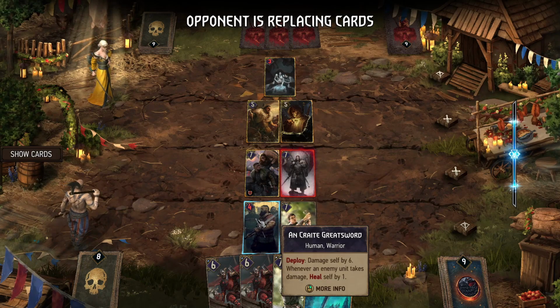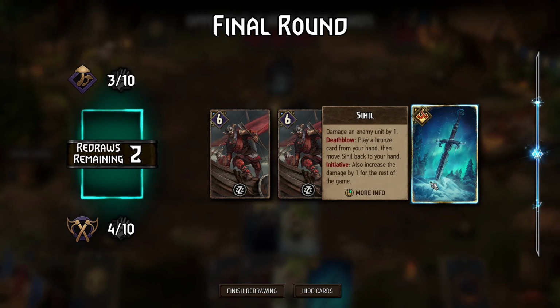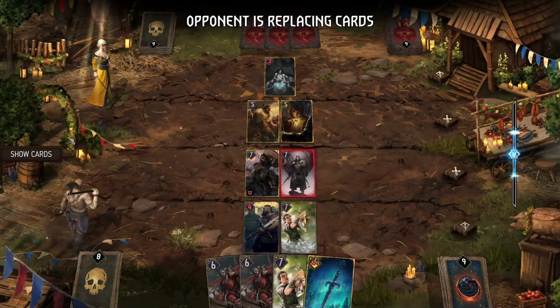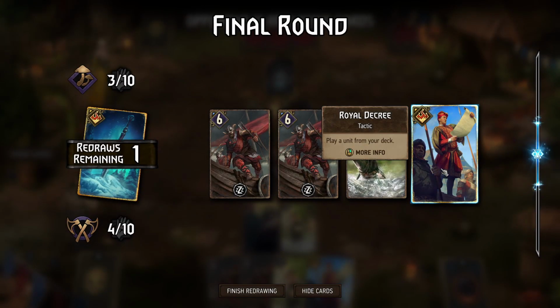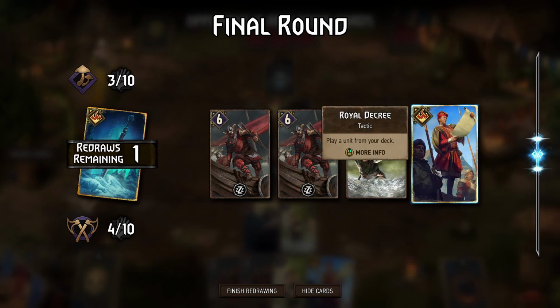On Craite Greatsword can still get boosted, or rather, healed. Sihil might be too little too late. I mean, to a certain extent, yes, Arnachad may set it up, but that's unlikely. Royal Decree could give us Sukrus. That is exactly what we're looking for. That is ideal. And for that reason, I think Bear Witcher Adept, I mean, this is going to be our